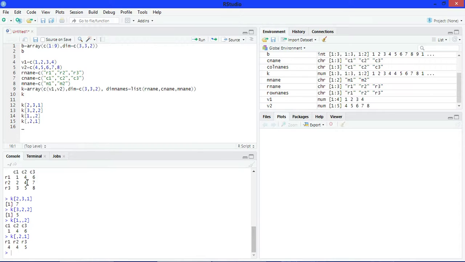Now we can also access a matrix. Suppose we have to access the second matrix, then write K and pass 2. It will return the second matrix. See, this is the second matrix.